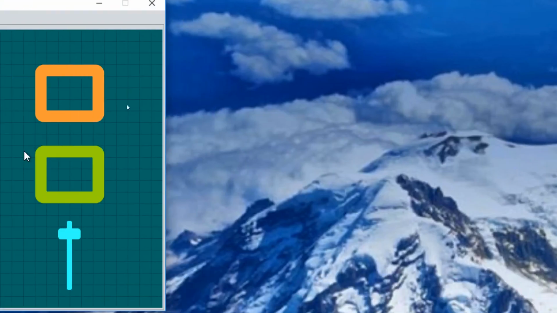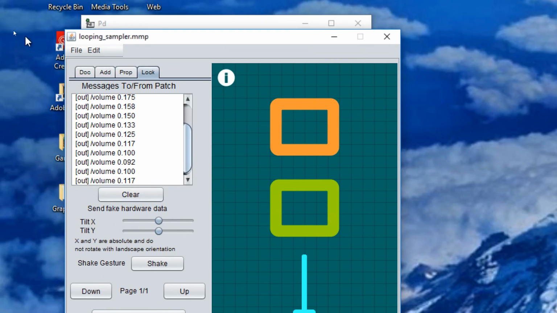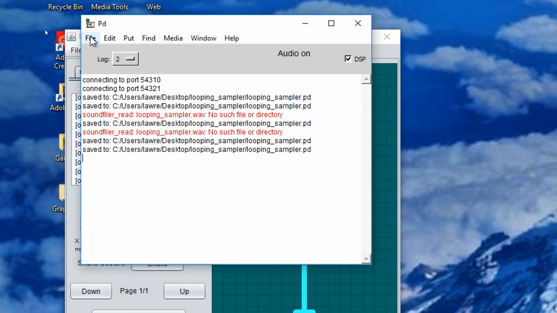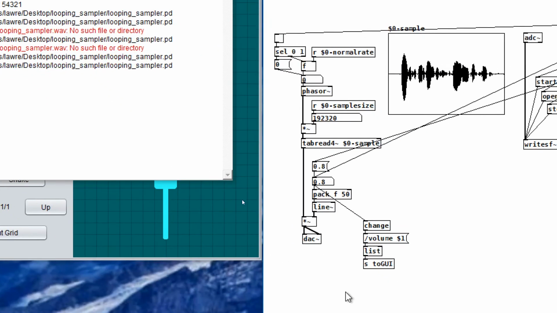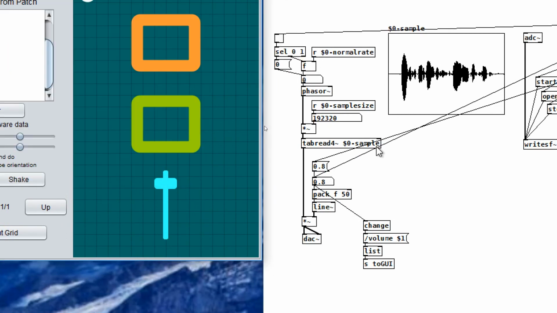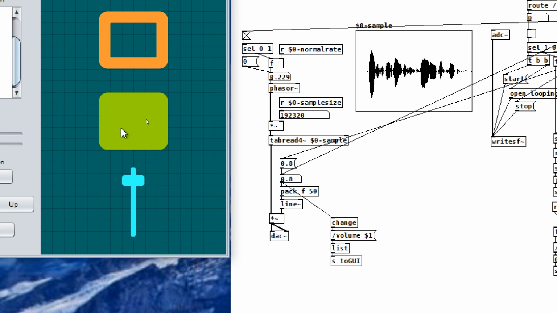I'm going to close it, and just as a test, I'm going to move this down here like this. But we'll go here to File, Open. There we go. You see, the load bang put the 0.8 through, so now the volume's up. Alright, let's record again. You could play your last sample,